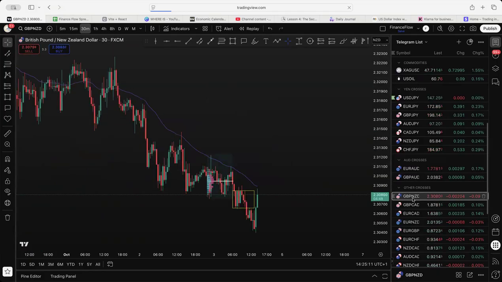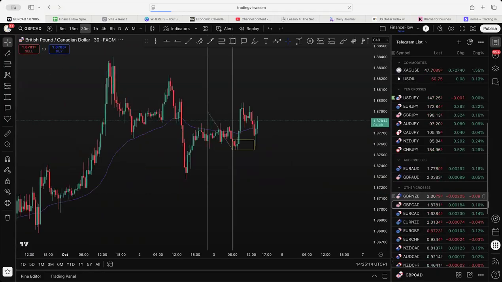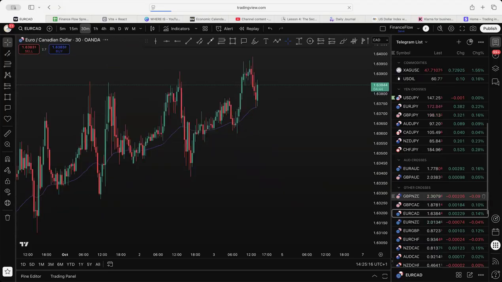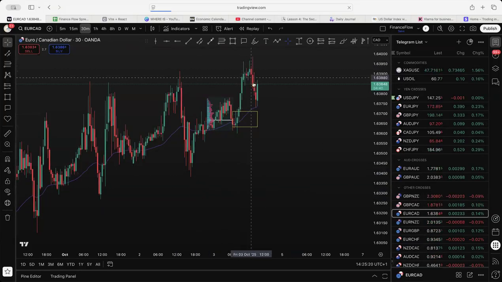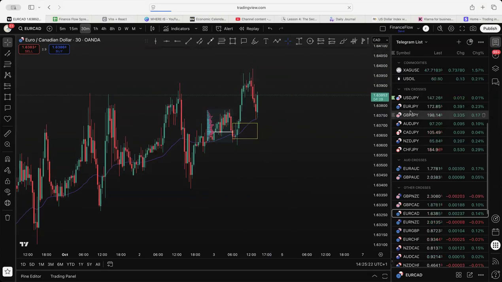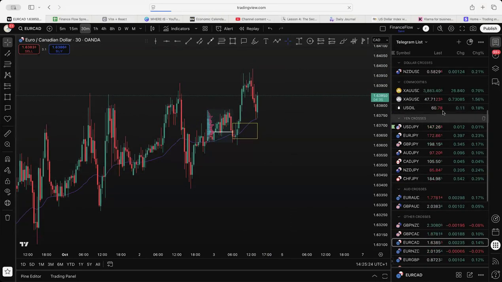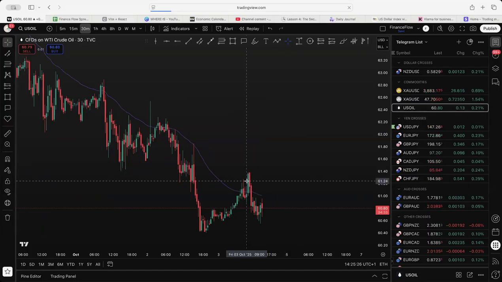Just have a look at some of the other things. Yeah, nothing really catches my eye. Obviously, CAD is trending to the upside. CAD's not overly strong, which surprised me, but oil was nearly 1% up this morning. And obviously we've crushed back down. So whether that's going to get a nice continuation here, who knows?